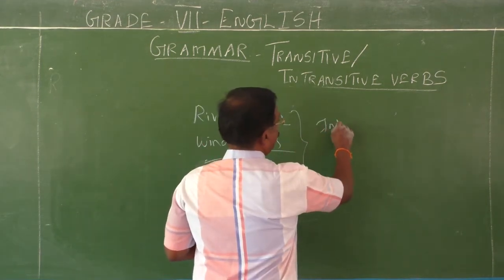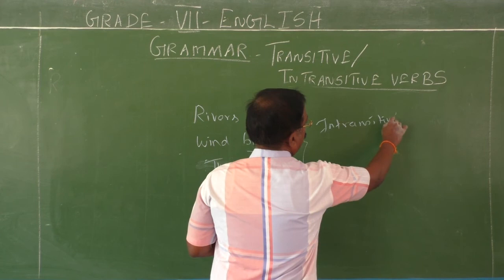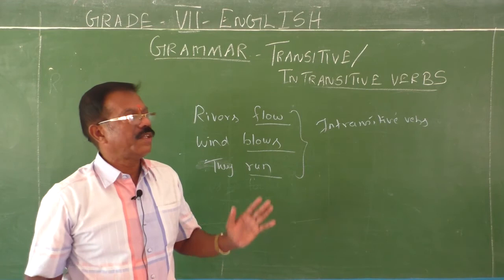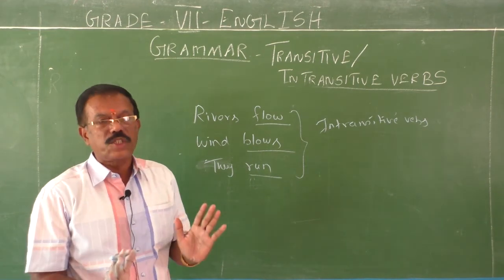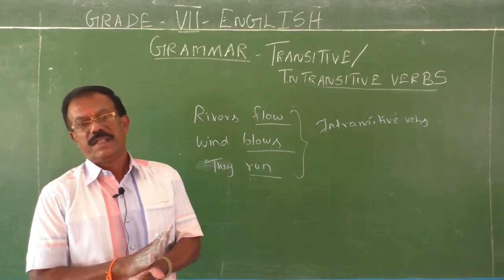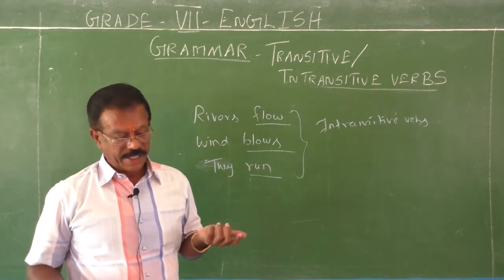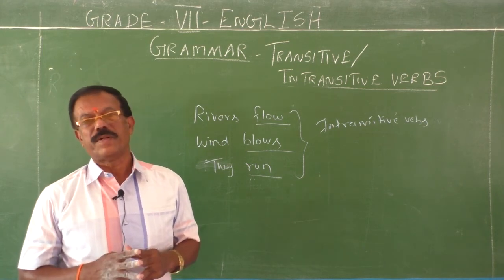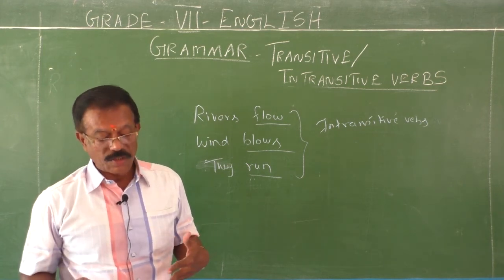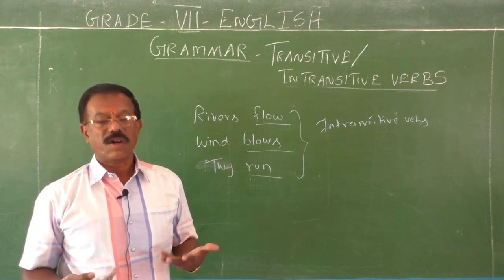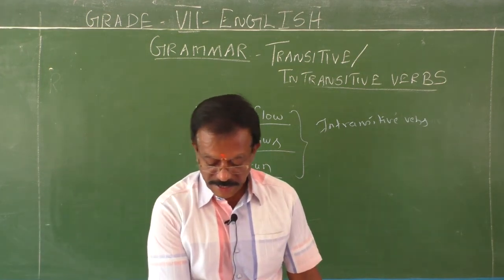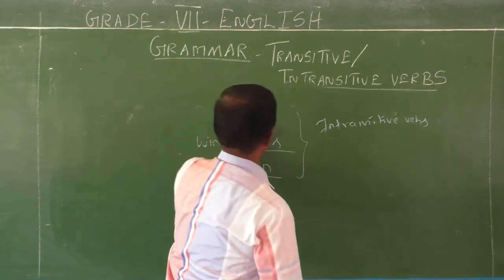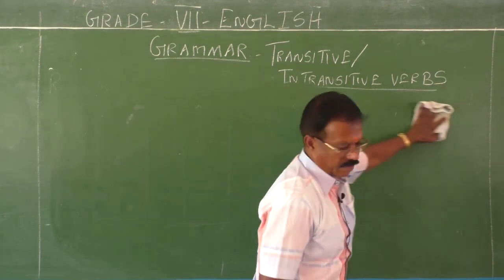They are called intransitive verbs, but they complete the sense. They don't require anything to complete the sense. Therefore, they are called intransitive verbs of complete predication. And the fourth type, or the last one, is intransitive verbs of incomplete predication. There are some intransitive verbs which require something to complete the sense. They are called intransitive verbs of incomplete predication. So four types. I will give you some examples for such types of verbs.